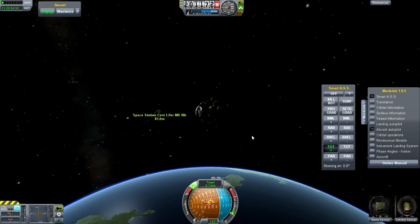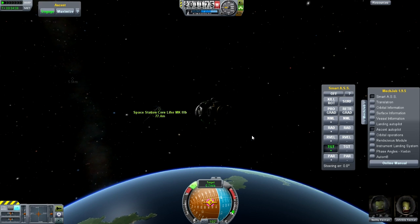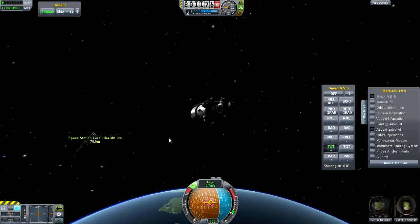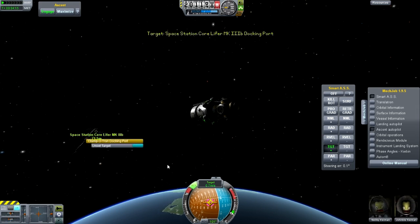The throttle should stay the same, and it should just be the attitude. The directional controls should just be the WASD keys. But that might be something they change in the next patch. Now that we're closer, we can select these a bit more easily. So I'm going to select this docking port because it is on completely the wrong angle, and it will illustrate